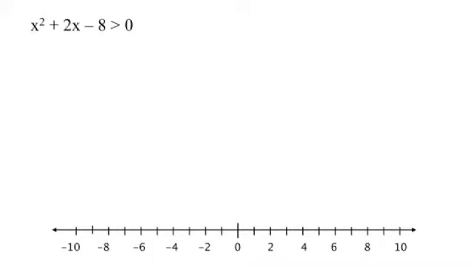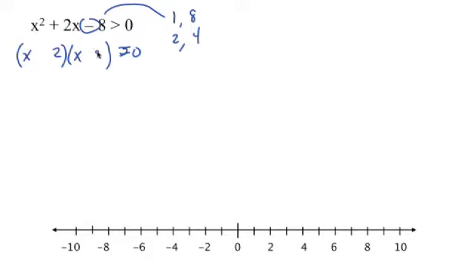This one, same principles that we were just using before. We're going to start out, we're going to factor that inequality. You only have 2 choices for the 8. 1 and 8, 2 and 4. This time we're subtracting to get our middle term. So, we'll go ahead and use an equal sign there. We're going to use the 2 and the 4. And we want a middle term that's a positive 2. So put the plus on the 4 and the negative on the 2.